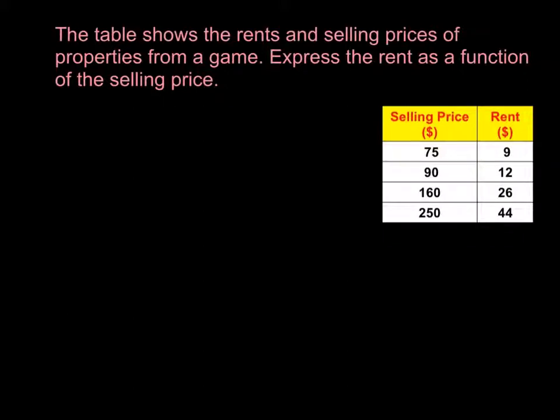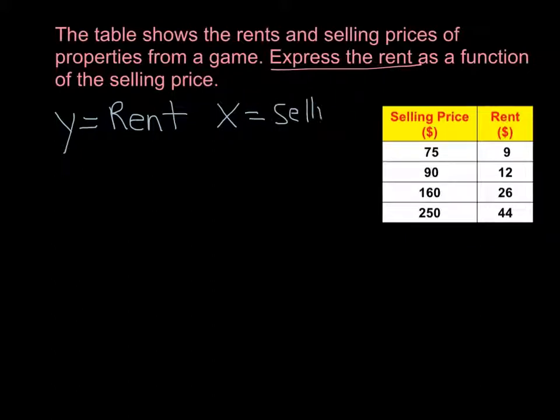Alright, the next example, we have a little word problem here. The table shows the rents and selling prices of properties from a game. Express the rent as a function of the selling price. So let's diagnose what that means. I'm going to express the rent, so I'm making my function that expresses my rent. So I'm going to let y be rent, and I'm going to let x be the selling price,